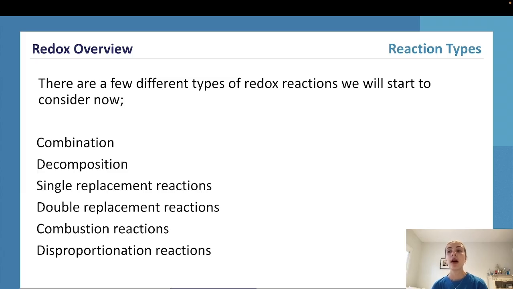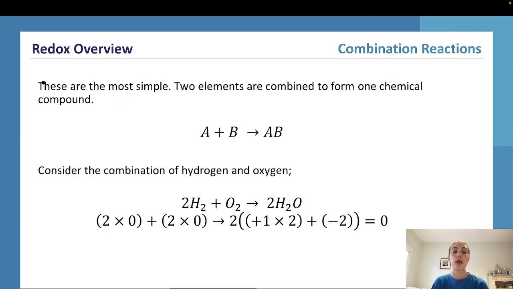So you've probably come across most of these, if not all, throughout your chemistry journey so far. And so I would say that you'll have a general understanding of what these are, but probably not in the context of redox. So we're going to go on and talk about what these different types of reactions are and